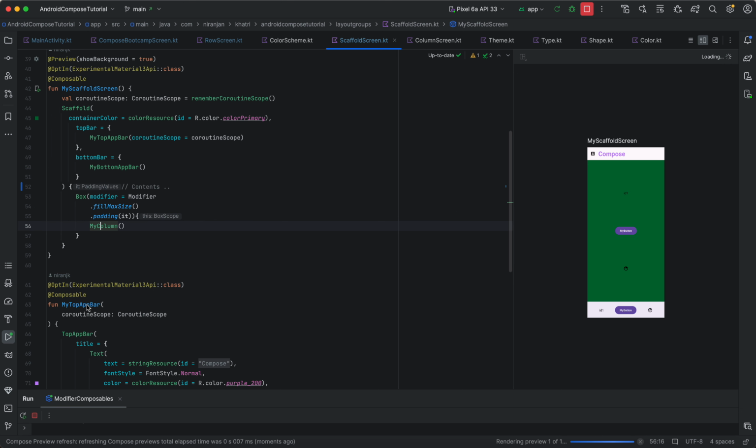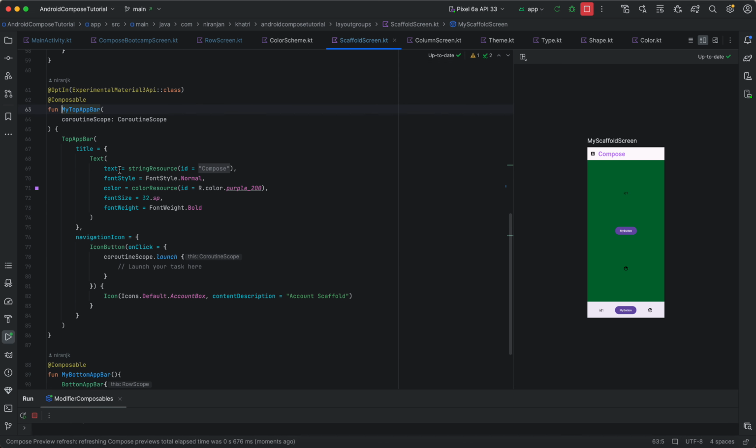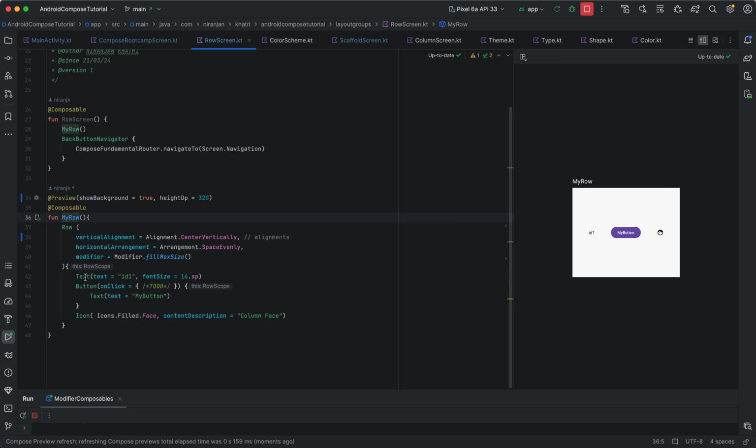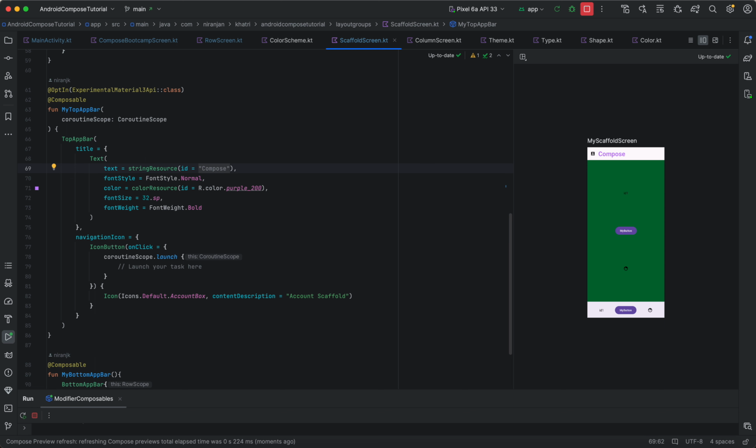As you can see here, this is a box with my column consisting of these three items: a text, button, and icon. All right, so my top app bar is this one, which consists of a title and a navigation icon. As you can see here, this is my title, which consists of a text that is Compose. Okay, and I also have a bottom app bar which consists of my row. Okay, my row consists of this text, button, and icon. Okay, so this is it. This is the scenario of how we arrange materials using scaffold